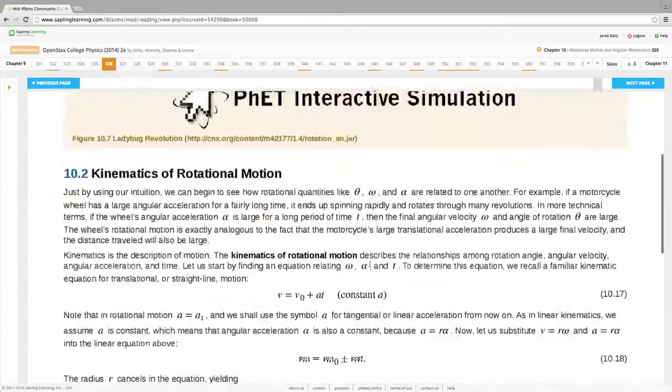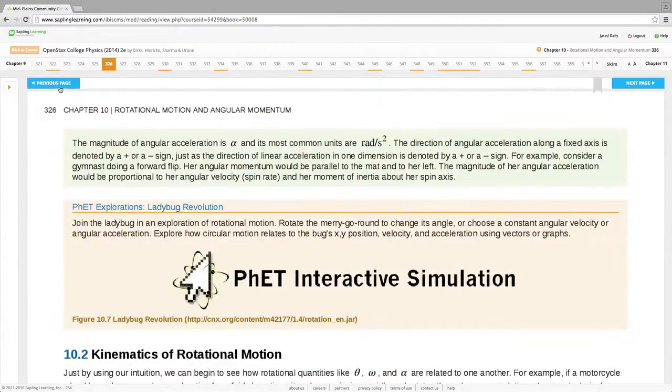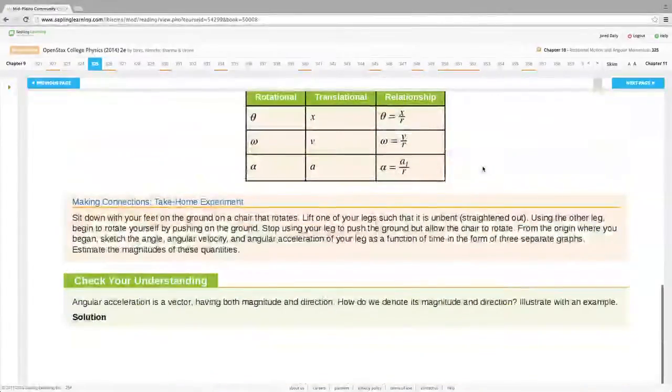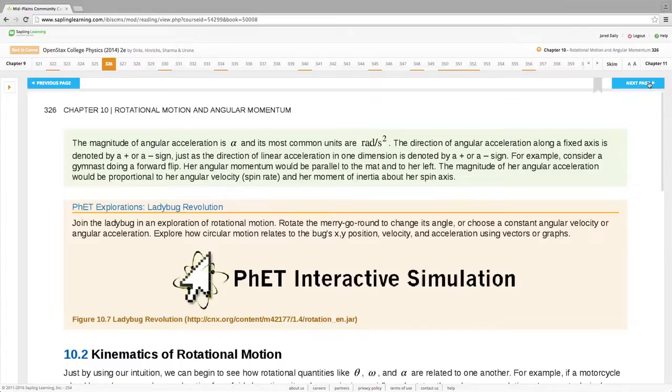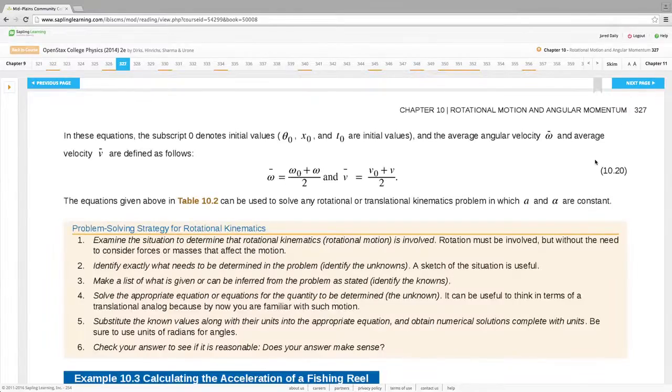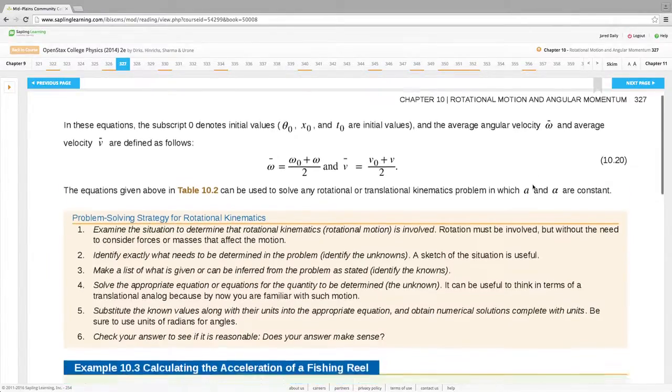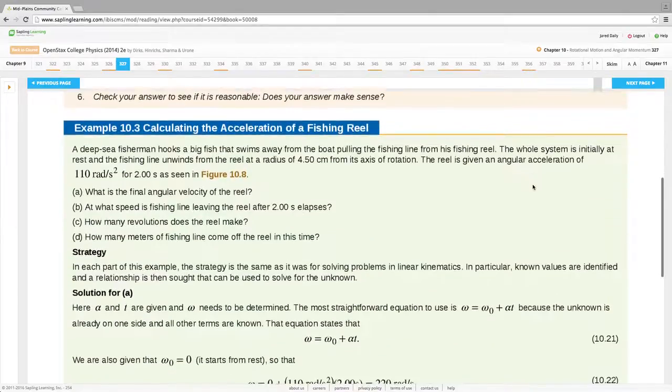And then you can use the equations from the previous page that relate the tangential and the rotational to go back and forth between both sets. So you can do problems that involve both types of kinematics together. For example,